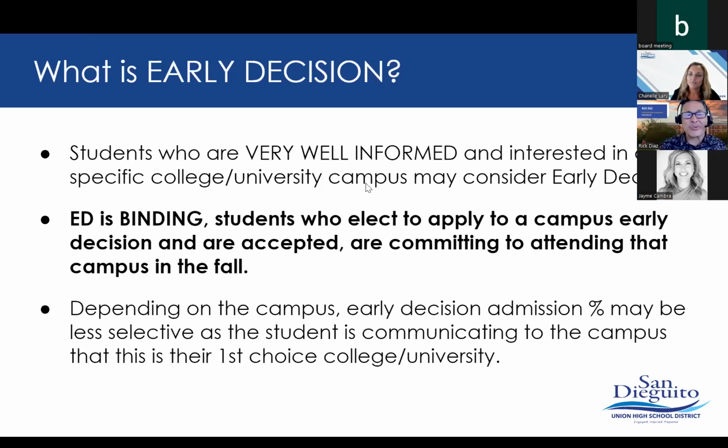You and your parents and your counselor are signing a contract that says, if I am admitted, I am definitely coming. If I'm admitted, I'm going to submit my enrollment deposit. If I'm admitted, I'm going to withdraw all my other applications, which leads me to my third point. Early decision means that you're going to come regardless of the major, regardless of what.